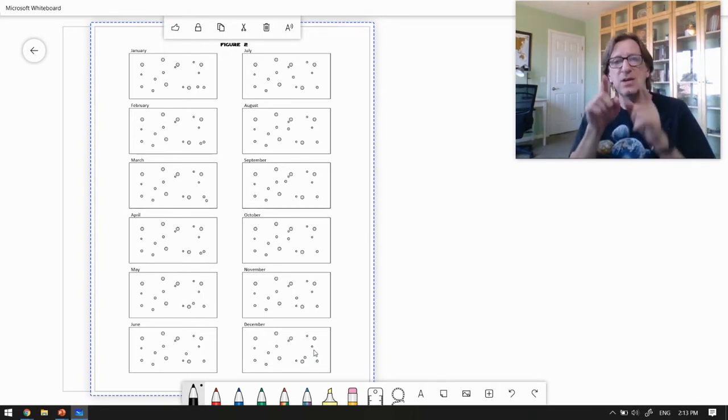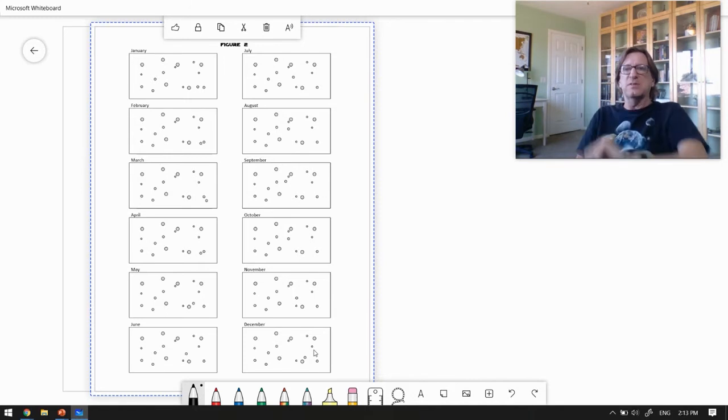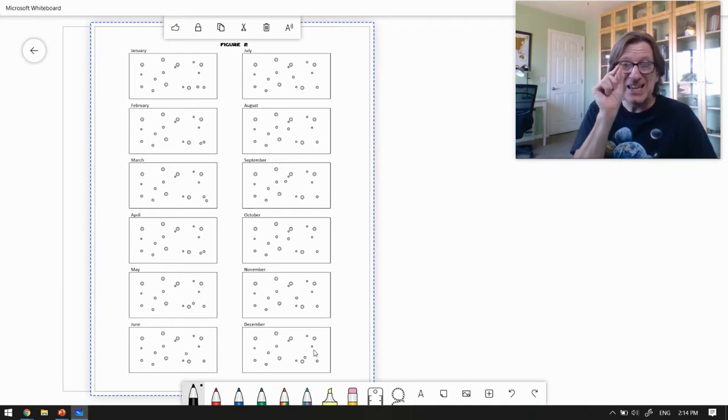Now, if I take 1 degree and I divide it into 60 pieces, and 1 degree is about the width of my finger held at arm's length on the sky, one of those little pieces is called an arc minute. Now, if I take one of those arc minutes and I divide it into 60 pieces, that's an arc second. And so you see, an arc second is a tiny, tiny, tiny sliver of the sky. And here we're talking about 1/4, 0.25 of an arc second is that bar. So these shifts we're talking about are really tiny. You are never going to see them with your naked eye. You're only going to be able to see them with a telescope.